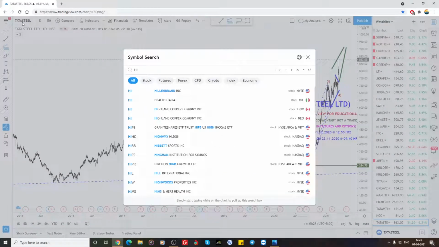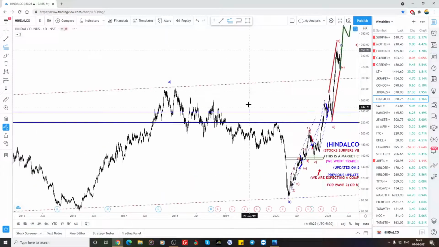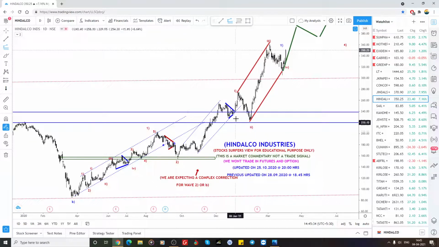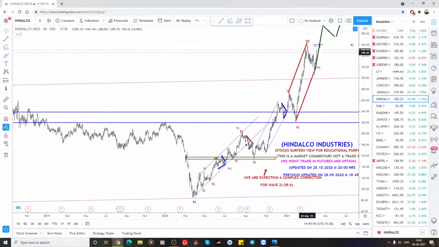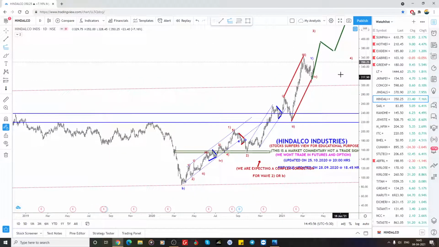And Hindalco. Hindalco, I was in doubt, right? It's a 1, 2, 3 where the 3 is smaller and the fifth wave is bigger. So I considered and split my wave count to be 1, 2, 3, 4, and then we are in the fifth of the third here. Or it could be making a triangle in the fourth wave and then again a fifth wave and again a bigger fourth. So that is why I have explained here.